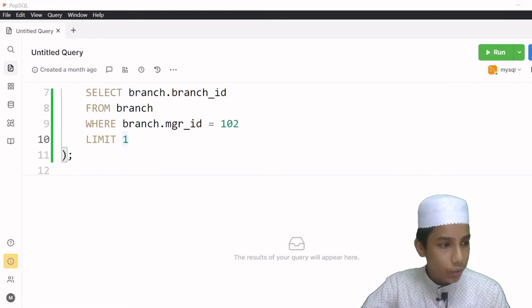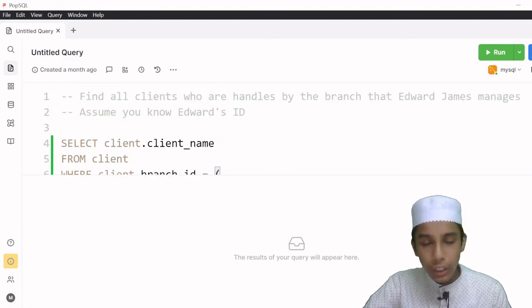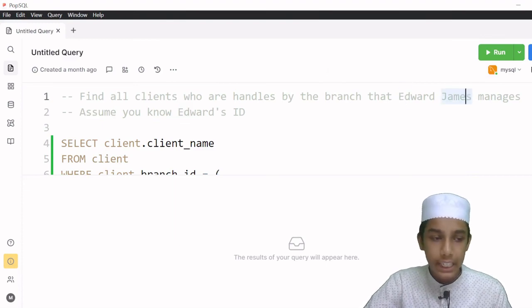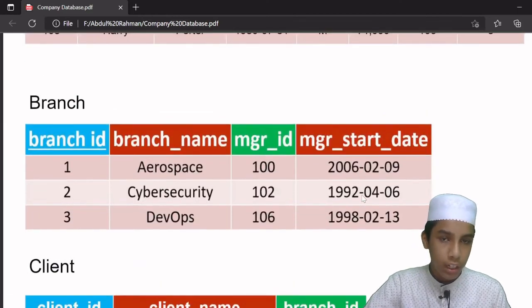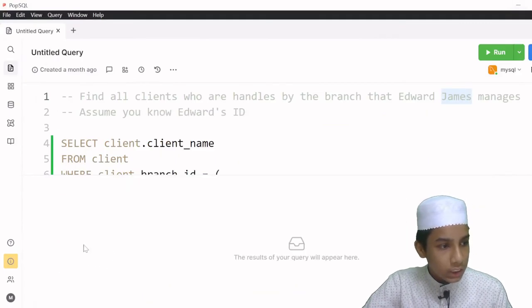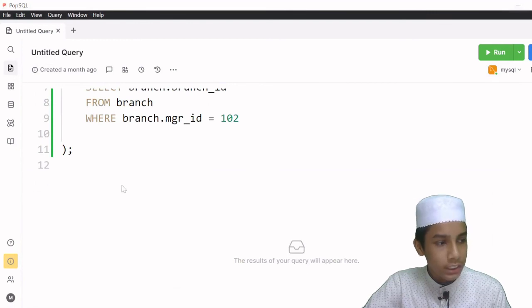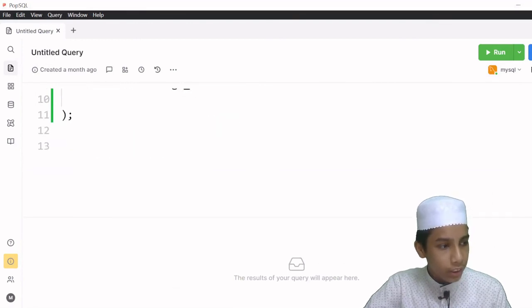So in this case I am going to remove this limit keyword because it's going to confuse. We are not going to use it. Edward James is going to have multiple branches at a time, like two, more than one. Okay, so anyhow guys, that's all for the nested queries,